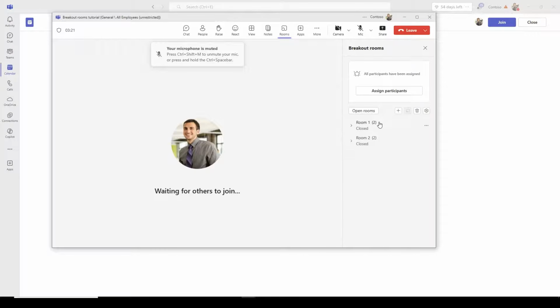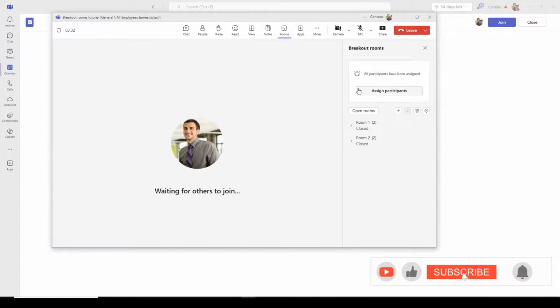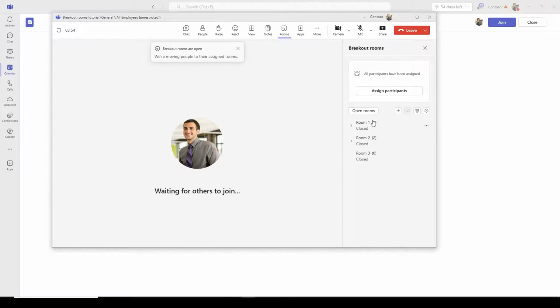Now, say we have new people that want to join or more invitees, or I would like to create an extra room to put 2 people to discuss a certain topic from 2 separate rooms or from a single room. We can click the plus icon here and add a new room, and this will then add that room for us. You have the option to open all the rooms in one go, or you can open a single room at a time. So if I want to open room 1 by itself, I can select here and click on open, and that'll open room 1 only, and the participants will be able to flow into that depending on our settings. So if we go back and close that,